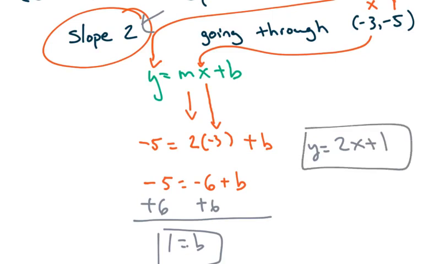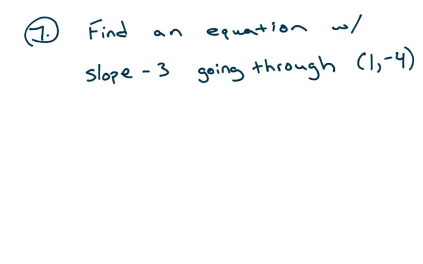So let's keep this going. The next one: find an equation with a slope -3 going through 1, -4. So to do this, again, the equation is y equals mx plus b. Go ahead now, pause the video and try to figure it out on your own. I'm going to assume that you've done so. So hopefully what you did is you said the slope is -3, the x component is 1, the y component is -4,